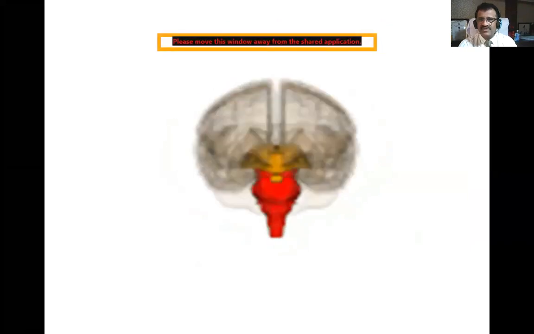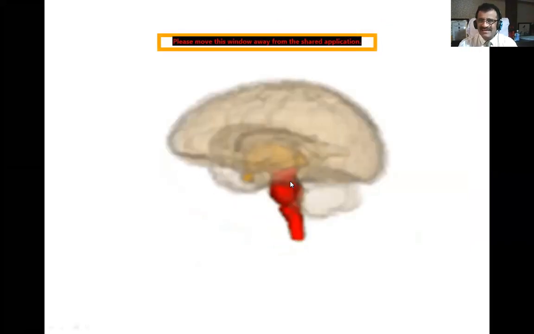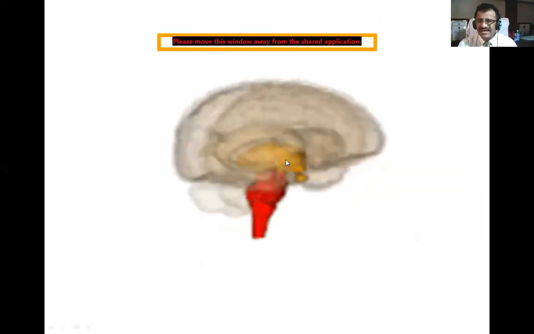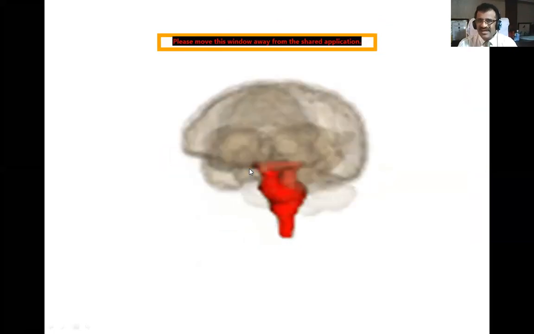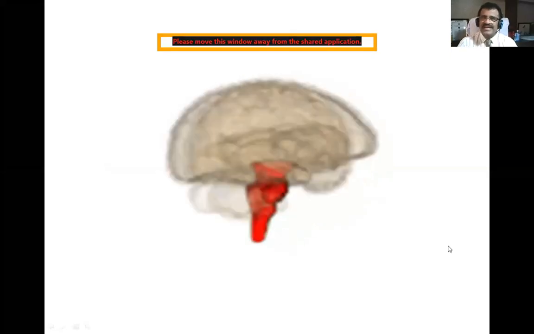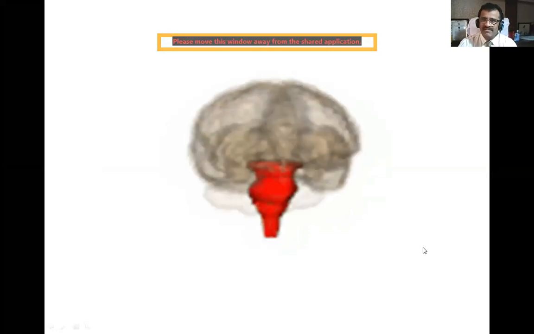In this image, you can see the red color is the midbrain in the center here, and this yellow color is your diencephalon. The remaining part above is the cerebrum, and the small light-colored part below is the cerebellum. That means we have to study the cerebellum tomorrow. So we'll come back tomorrow with the next episode on the cerebellum.